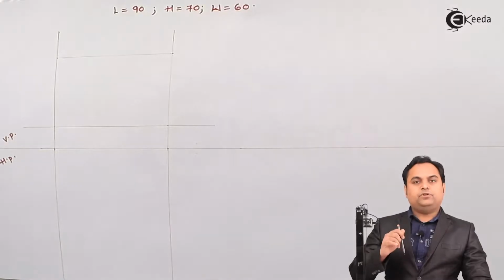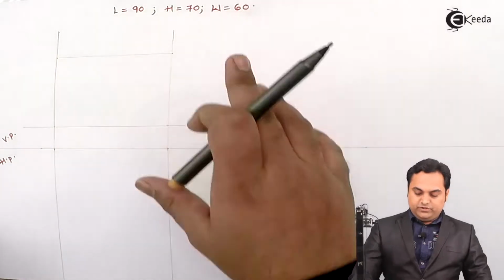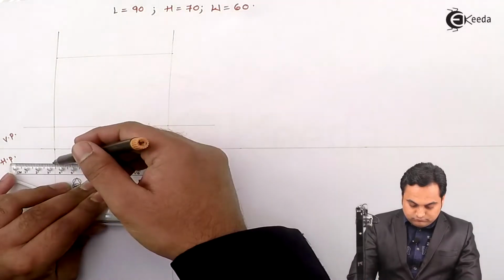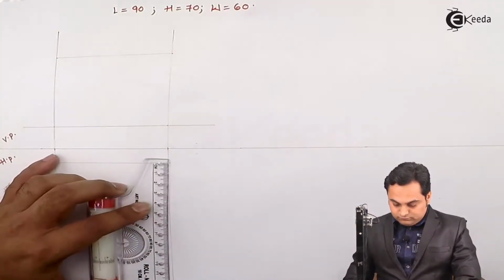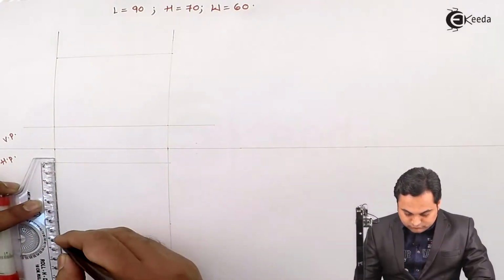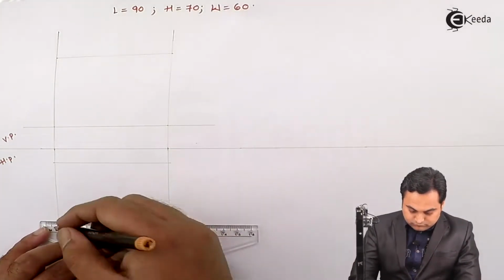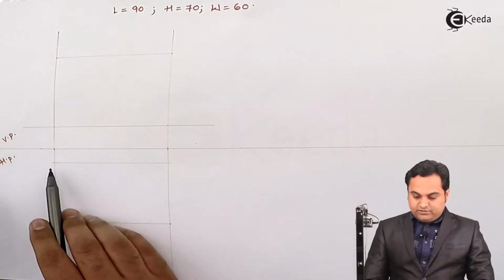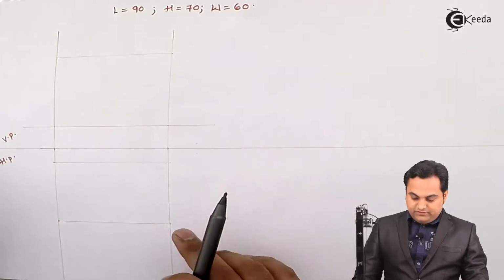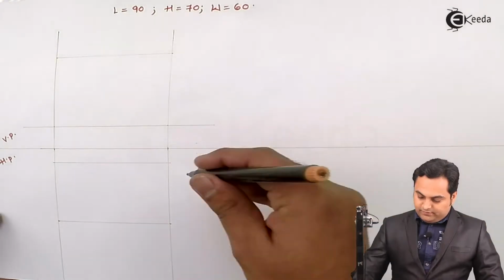And from the top the height of the object is not visible, so length and width are visible. Length I have projected, width is 60 mm. So length is 90 and the width is 60 mm. So inside this rectangle I'm going to draw the top view. Then for the side view,